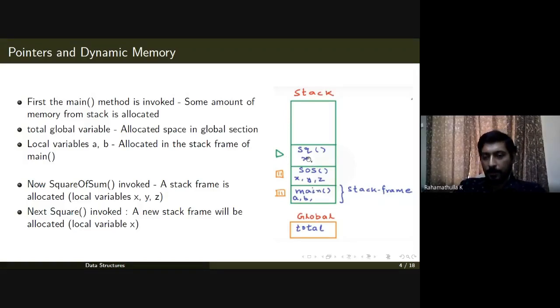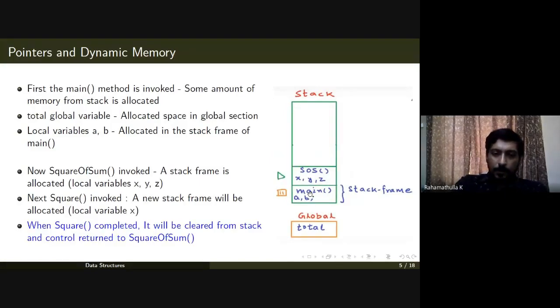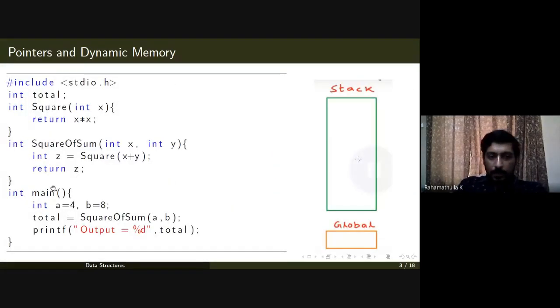So at any particular point of time, these are the active variables and the active function getting executed right now. This is the currently executing function, and the other two functions are paused. The main function was executed till this point, and from here it is paused.